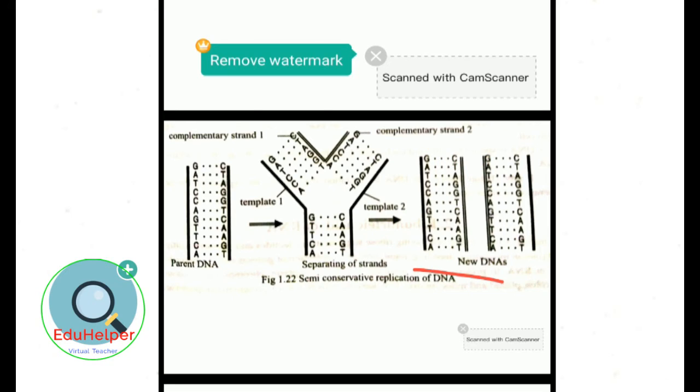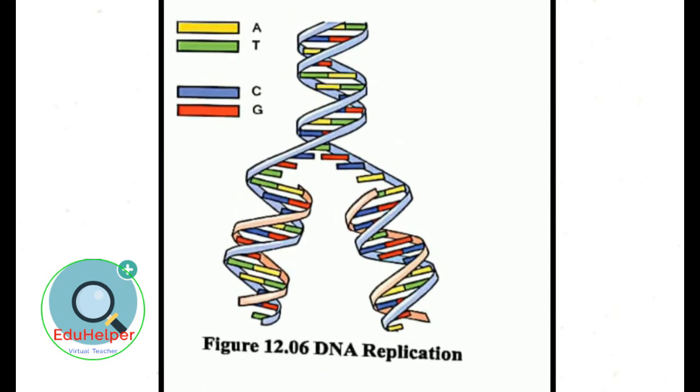And the last step is creation of new DNA. DNA nucleotides are arranged and bound to the complementary strand according to the sequence of the template. Thymine and guanine are arranged in complementary strands against the adenine and cytosine of the template. Purine and pyrimidine bases of the template and complementary strand are bound together by hydrogen bonds following specific rules.